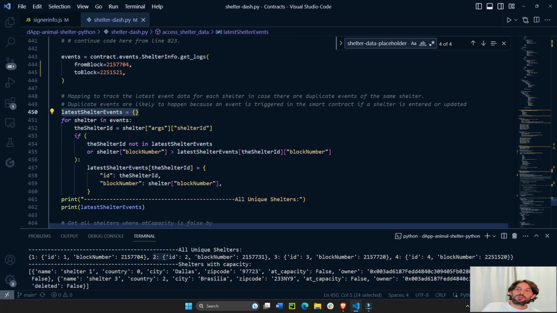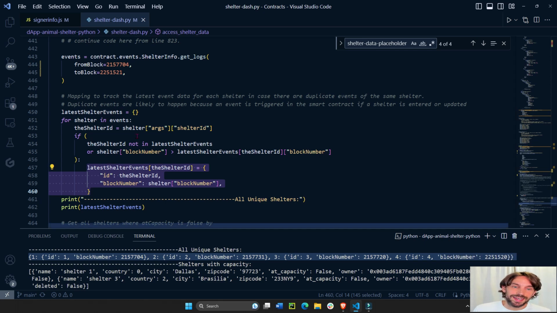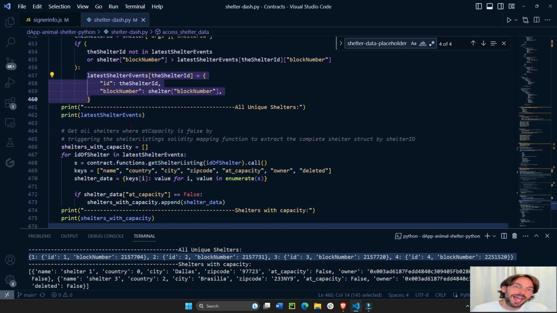Or if the block number of the shelter ID that already exists in this shelter is smaller than the block number of this current shelter, then we know this current shelter is the most up-to-date and most recent one, so add this shelter to the dictionary. As a result, this is where you add the shelter to the dictionary, and we have our most recent, unique shelters. And now that we have our unique shelters, we can map them to the